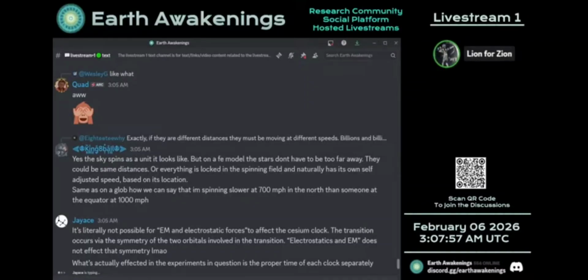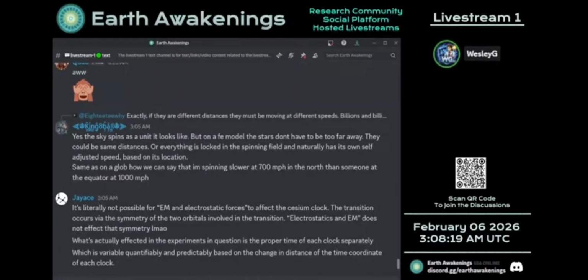So I can grant you that the atomic clocks are changing as you move up in altitude. But how are you so confident that that's due to the bending and warping of space-time? Because we've controlled for every other variable, and we've tested it many, many times in many, many different ways. All you have to do, Lion, is to figure out what the other variable is, test for it, and show that you're... Hey, stop interrupting. You don't like to hear that? No, hold on a second. You don't like to hear it because that's all you have to do. But none of you guys are scientists. And so you're not going to do it.